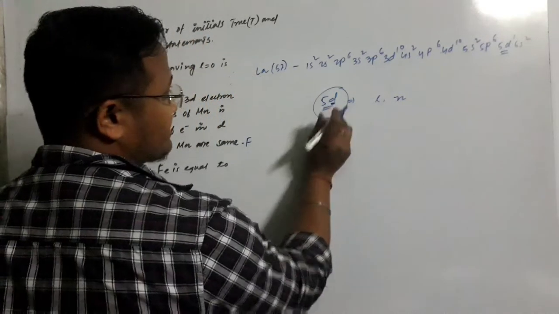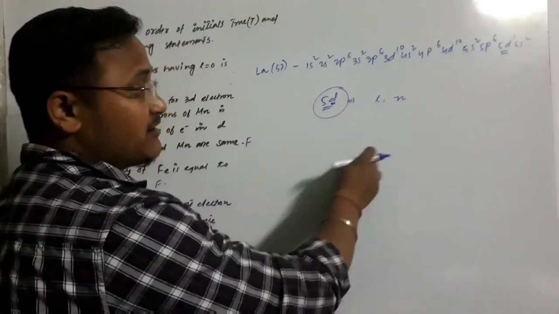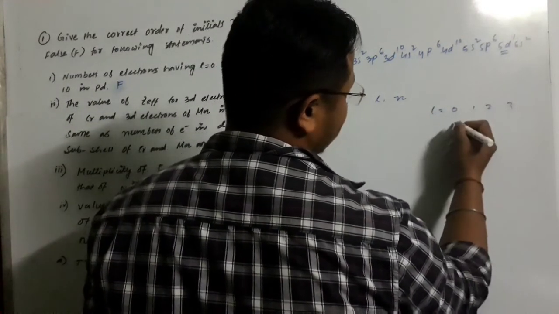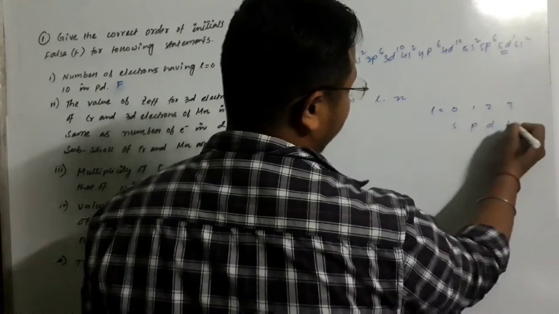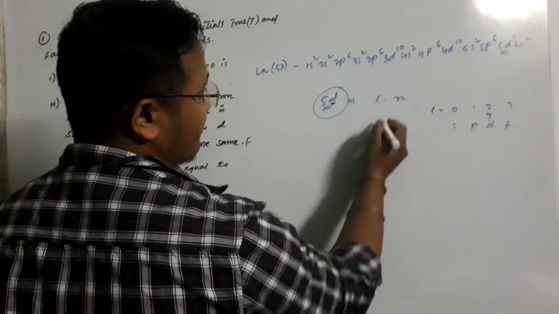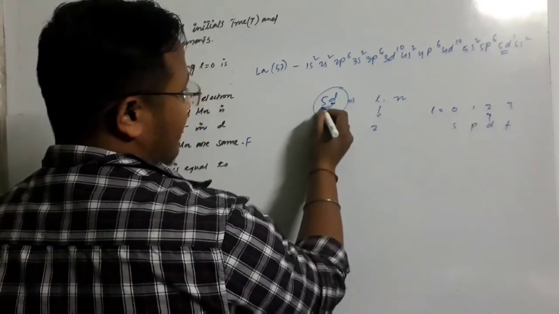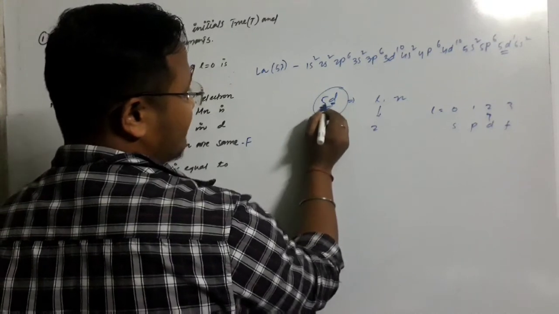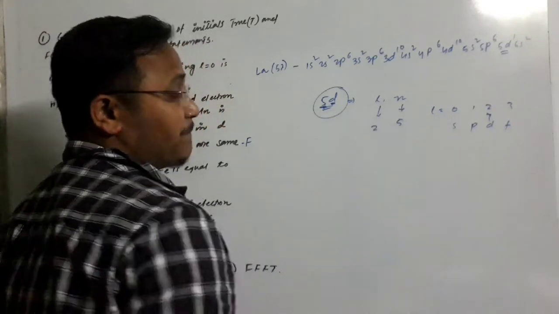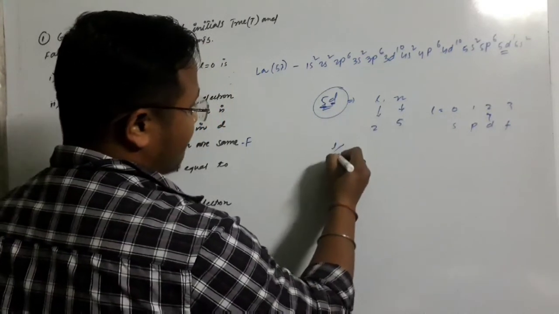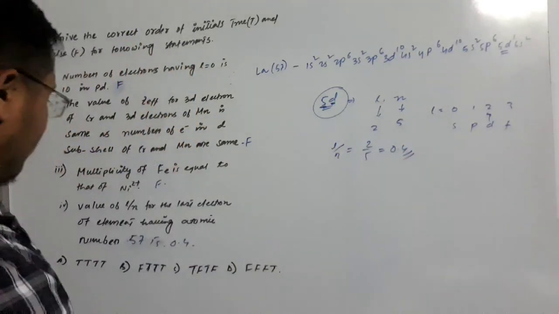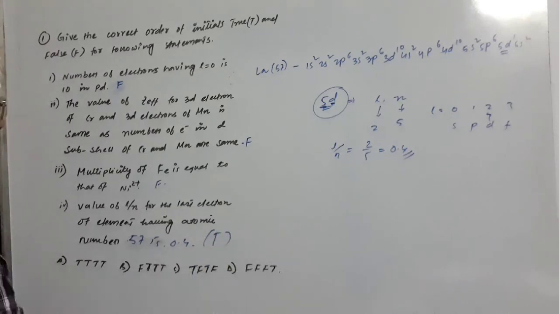So for this, how could we find the value of l and n? Now look, this represents an orbital and it has a particular value of l, right? For l equal to 0, 1, 2, 3, we have subshells or orbitals like s, p, d and f. So for d, what is the value of l? It is 2 here. And the coefficient of this orbital, 5, represents the value of n. So we have to find l by n. So 2 by 5, that means it is 0.4. That means the last statement is true in this case.